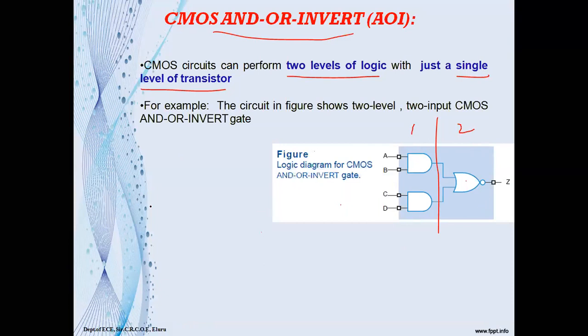So how can we implement the given example circuit as a CMOS AOI? In general, you can implement the circuit using basic AND gates and a basic NOR gate. But how can we implement it as a CMOS AOI circuit? To understand this, we will take the logical expression of the example. Can you tell what the logical expression of this circuit is?